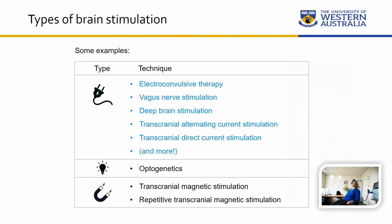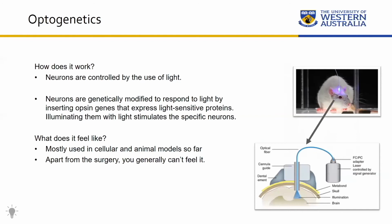So that's the last one I'll talk about today that involves electricity, but we have a couple of other ways we can stimulate the brain. Another one is called optogenetics, and this technique uses light instead. I think you might have a session on this afterwards, so you'll get to learn a lot about it in that one. But just to give you a quick brief overview today, this technique essentially uses light to